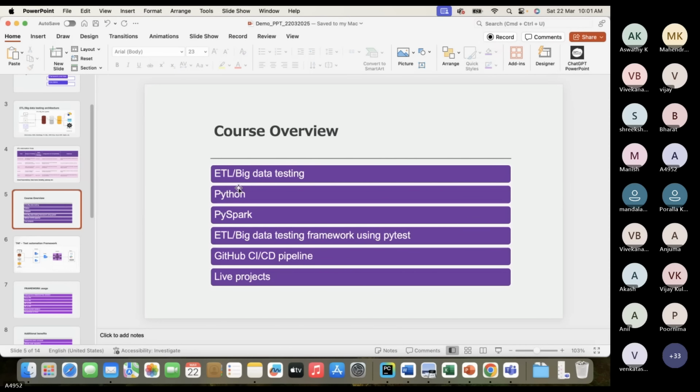Are you going to cover connection with AWS S3 and all that? Now we stick to only one cloud, maybe Azure or AWS, but I have decided to use Azure. But if you guys want, maybe we can also cover AWS. No problem. Because most of the projects nowadays are in AWS, it would be helpful for us. We will see.